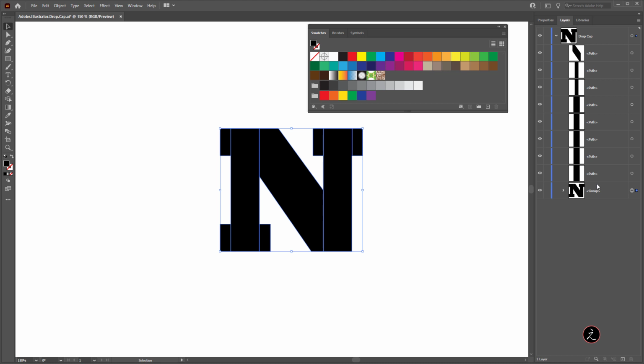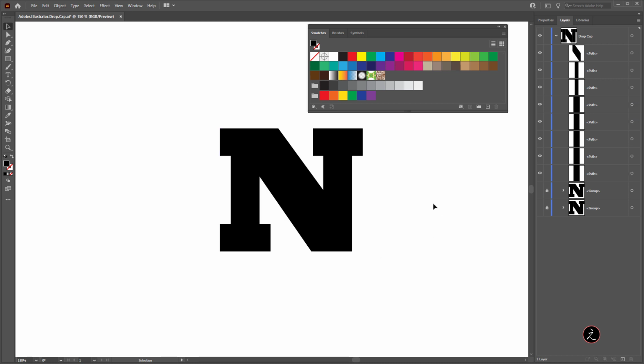Now we'll create another copy for this group. So the easiest thing to do is to click and drag this at the bottom of the layers panel, right on top of this plus icon, to create another duplicate. I will lock them so I don't accidentally move them and toggle off their visibility. Great. Now I can apply some patterns here.